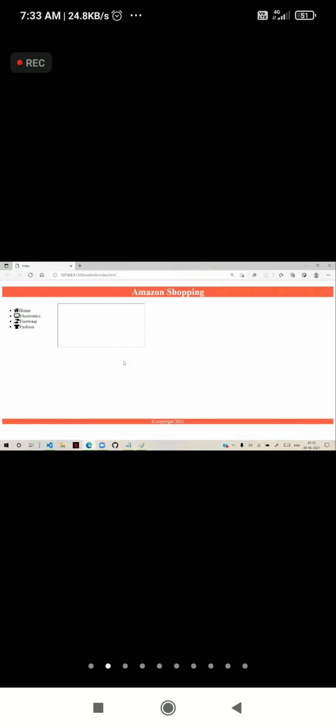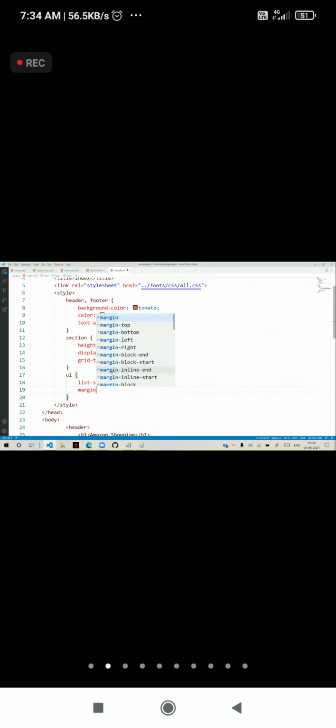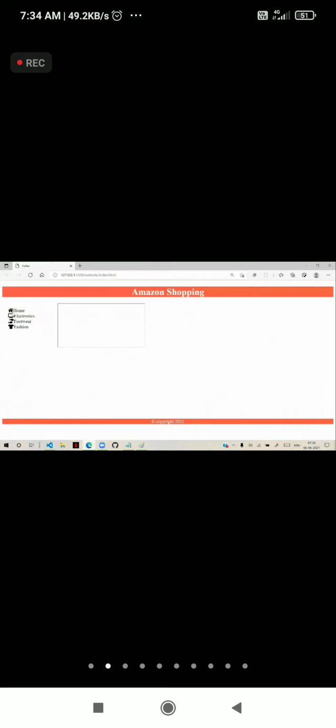Now observe carefully this left side panel, that means the unordered list. So unordered list style as none, and margin left as -20 pixels. It will go a little bit more to the left side.